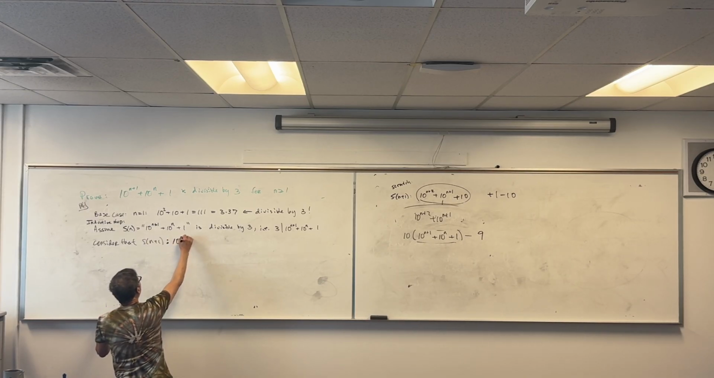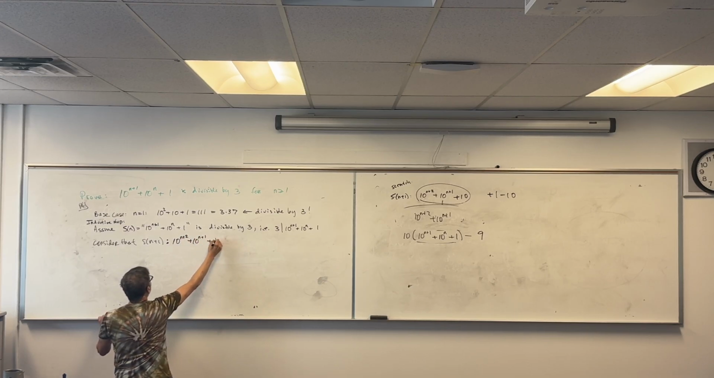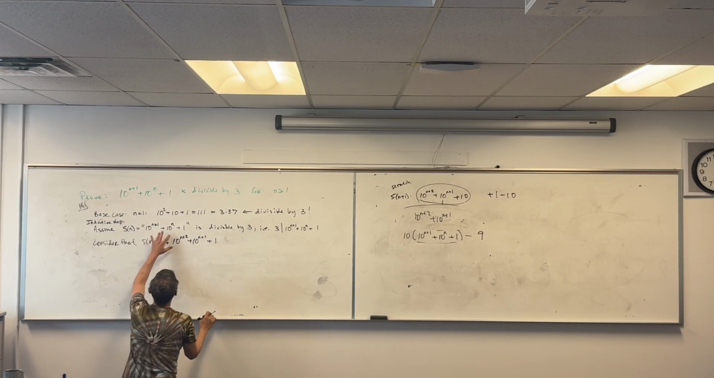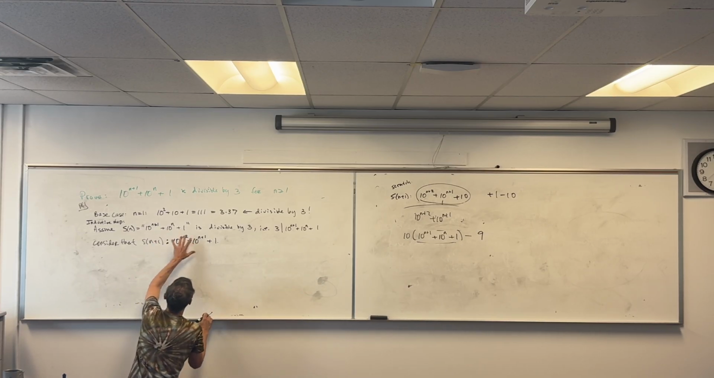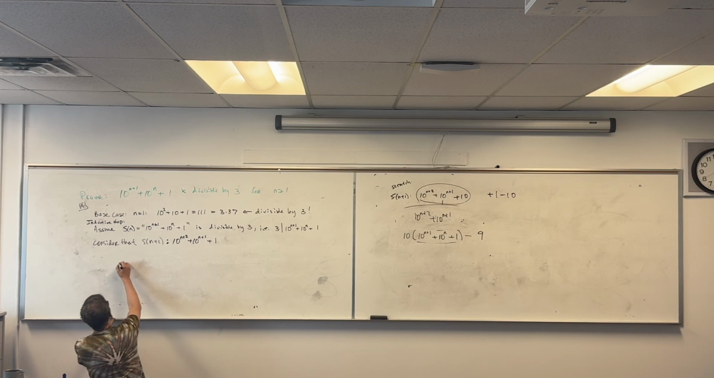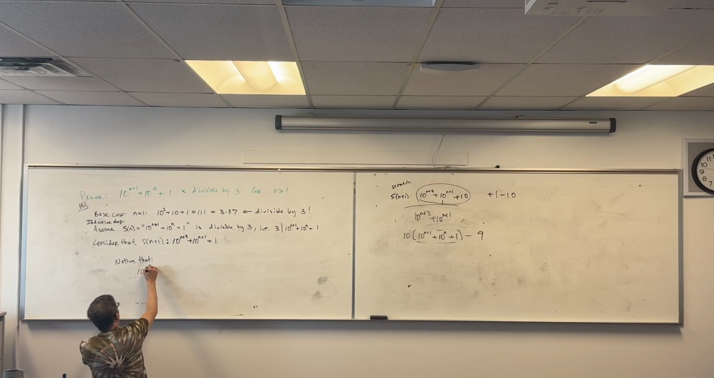So S of n plus 1 looks like this. And I know that this thing's divisible by 3. So Penelope, what I'm going to do is take this and try to write it in terms of this. So notice that 10 to the n plus 2 plus 10 to the n plus 1